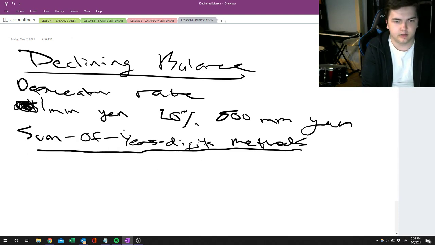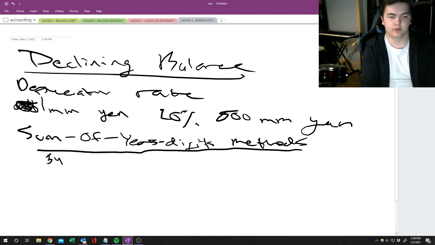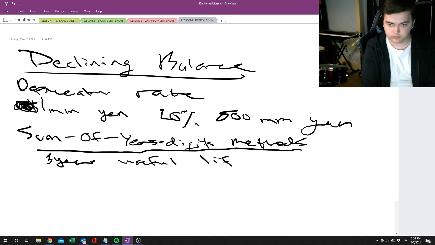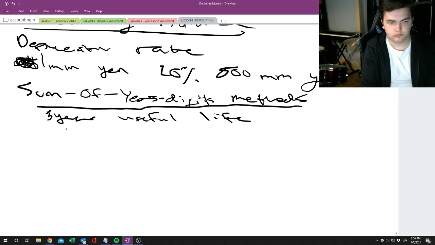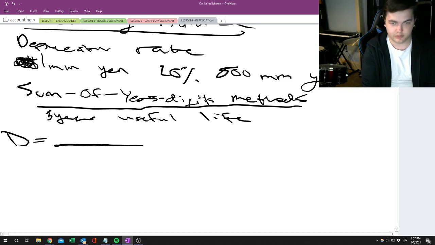So let's say, just like in the last example, we had 5 years for our useful life of an asset. What you would do is, in the denominator, so depreciation equals, in the denominator you would sum up, just like the name hints, the digits,